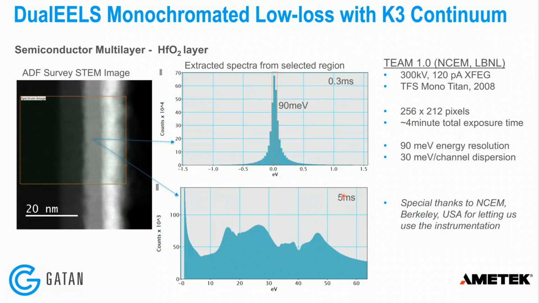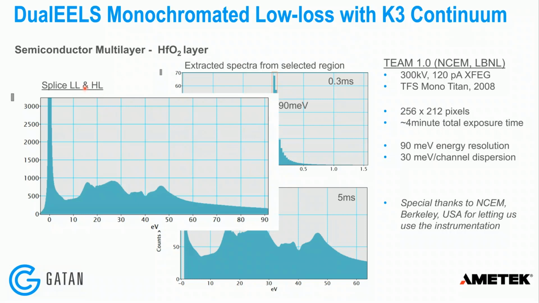So we're looking at 5 milliseconds in the high loss, 0.3 milliseconds in the zero loss. And because we have the ZLP tail in the data here, it's really easy to splice the two spectrum images together. You could splice the individual spectra, or you could splice the two spectrum images, and then you end up with a much improved dynamic range data set where you have the zero loss peak and all the low loss data out to almost 100 eV in this case at a decent signal to noise ratio. So, really good quality spectrum, zero loss peak,